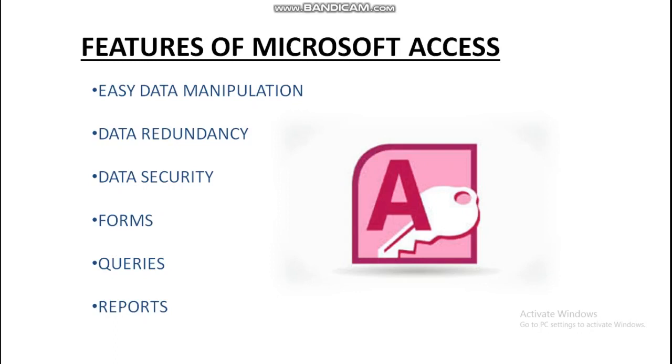Data redundancy. Data redundancy is a condition created within a database or data storage technology in which the same piece of data is held in two separate places. Whenever data is repeated, this basically constitutes data redundancy. Microsoft Access gives us the facility to overcome the problem of data redundancy by the use of primary keys.